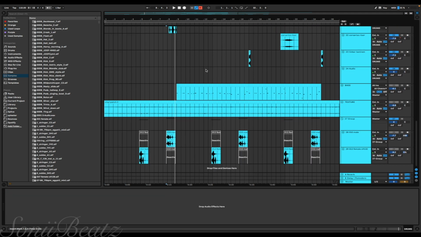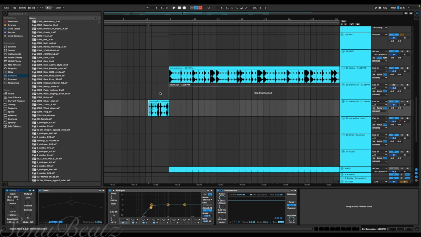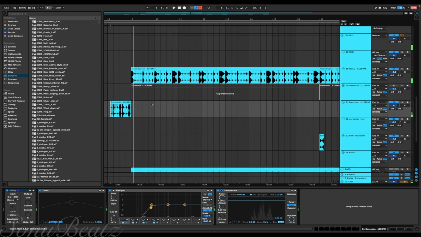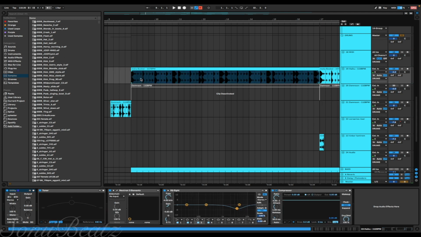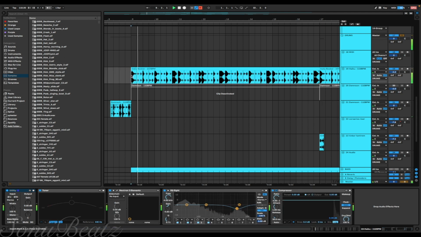All right, next for the drums. So I started with the snare pattern from another drum loop. Pretty sure this is the Orangey Soul drum loop right here. And then it goes into this other Orangey Soul drum loop.